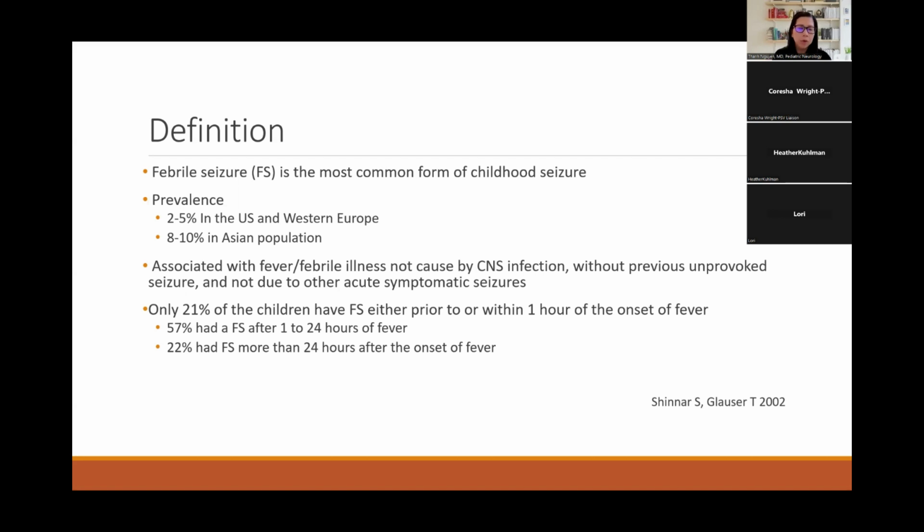And contrary to traditional beliefs, most patients don't have a fever at the time of their seizure. Only about 21% of febrile seizure patients experienced a fever within 1 hour of their febrile seizure. More than half of those have a fever occurrence within the 24-hour. And about a quarter of the patients have a fever even after 24 hours. So the rule of thumb is that a febrile seizure is a seizure that's associated with a fever within the 24-hour period of the seizure.